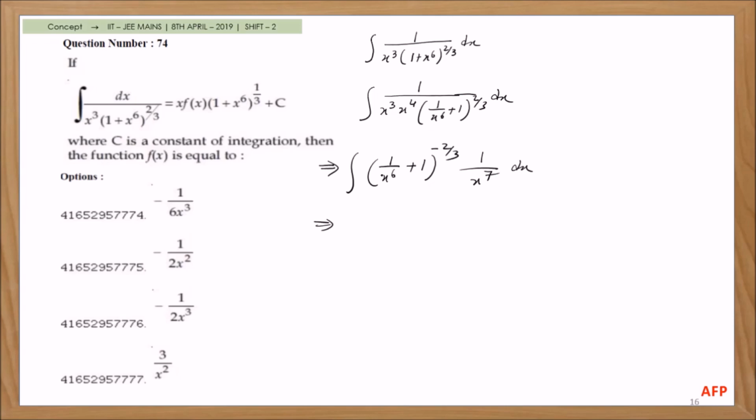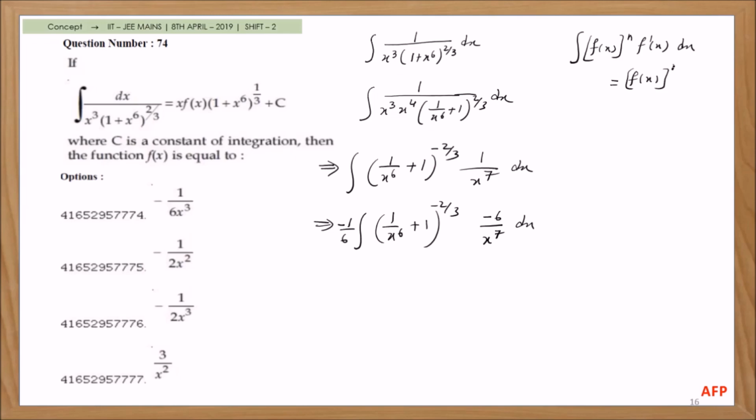So go for adjustment, as in the inner differentiation is nothing but you are supposed to get. So integration 1 by x raised to 6 plus 1 minus 2 by 3. So minus 6 divided by x raised to 7 we will adjust. So minus 6 we have multiplied, here 1 by 6 we have to multiply. So very simple concept, we are having integration f of x whole raised to n f dash of x dx is equals to f of x whole raised to n plus 1 divided by n plus 1 plus c. So this concept we will use,